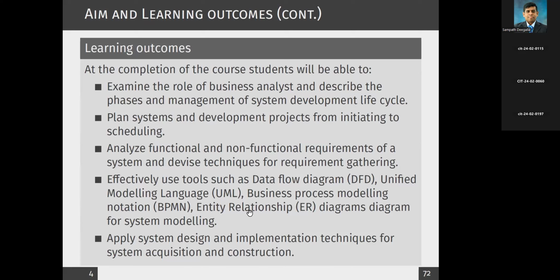Then things like ER diagrams, which you might have already learned, or else you will be learning this in data design. So all these different types of tools and how we are going to effectively use these tools we'll be discussing as the next step. Finally, we will look at applying the design and implementation techniques. So in that particular case, we talk about